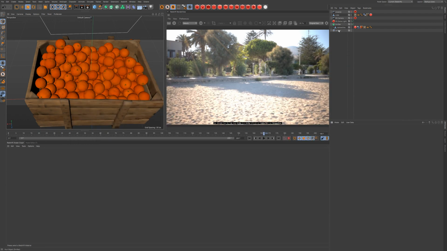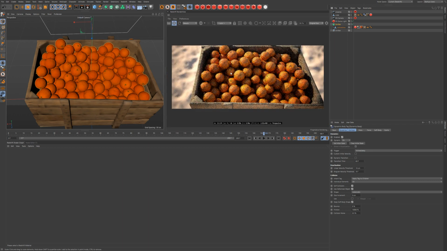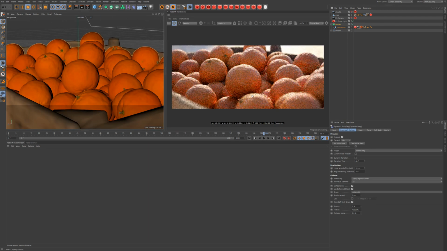We have two assets in the scene, a crate and a Clementine provided by Megascans. It's just a dynamic simulation with the Clementines being emitted, and also as rigid body dynamics, we collide and we keep everything in a single crate. That's all there is. And if we start shading this, and let me choose a nicer camera maybe, you will